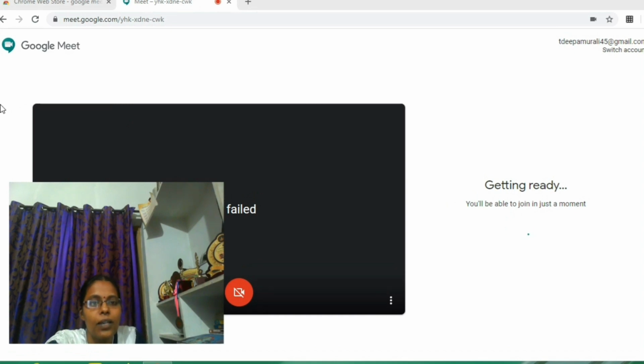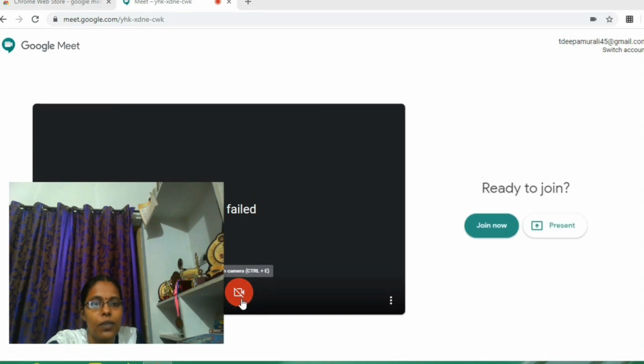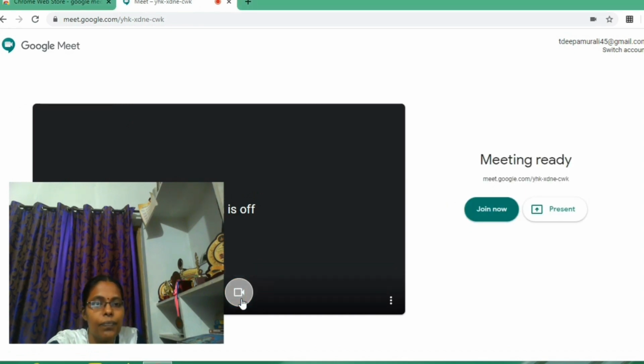Now I switch off this camera. There is no need to switch it on, I just need to show you how to make the settings. While doing your presentation, make sure this is on; as per your requirements you can switch it on or off. Let us come to the point. Click on this join now button.